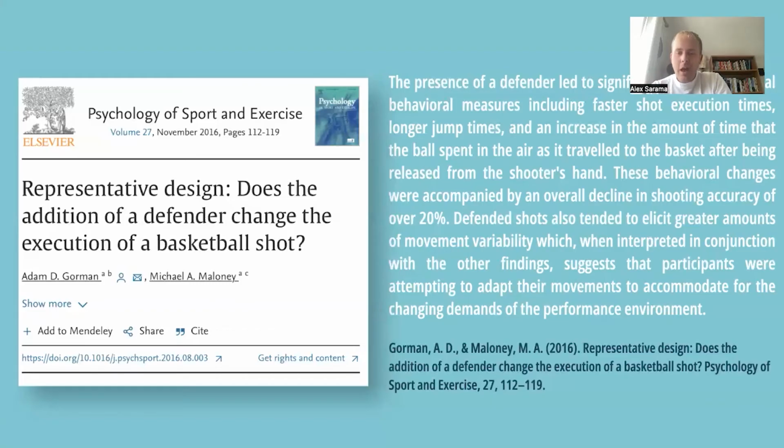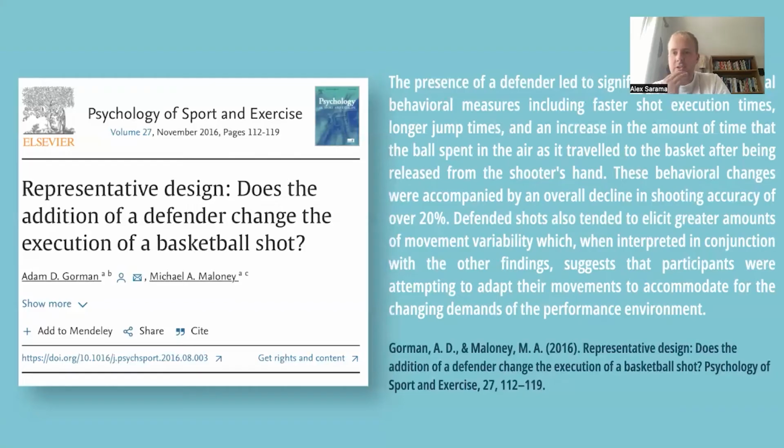By applying the concepts of representative design to the practice environment, we are providing more opportunities for players to adapt to the game. So if we're not doing this in practice, we are basically leaving shooting and play development up to chance, because the only opportunities they get to adapt are in scrimmages or the game itself. So imagine if we're doing lots of really effectively constrained small-sided games, players could receive more opportunities to adapt within one practice